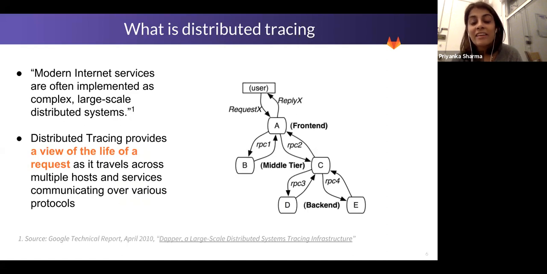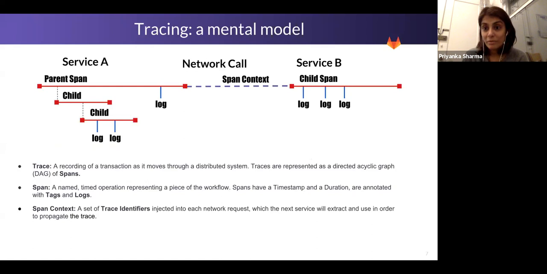And this diagram that I have here, and the definitions here, are pulled from a paper called the Dapper paper, which Google released back in 2010. And the paper described the technology that Google had built, and it does a really, really good job of explaining what is tracing and then also how they executed on it. So that's the TLDR of what a trace is. Don't worry, I'm not going to leave you there. There's obviously more to it. It takes some time to internalize the concept.